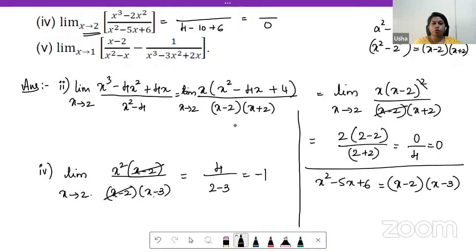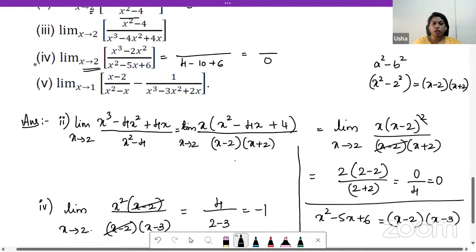So I want you to solve question number 3 and 5 by yourself. In case you have doubts, you can ask in the WhatsApp group, and if you have solved and have any doubt, I'll check what is the mistake done. Or if you don't know how to solve it, just send it in the WhatsApp group. We will solve it in tomorrow's session. Now, next